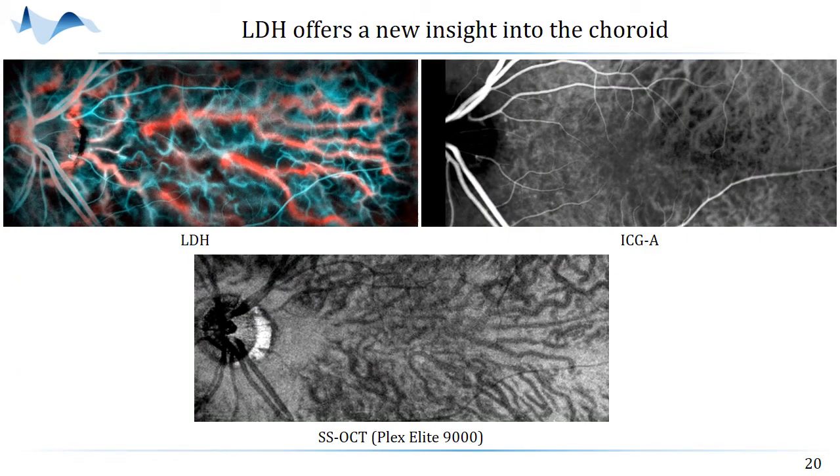And this allows laser Doppler holography to have a really nice contrast compared to ICG and swept source OCT in the central region. So with ICG here it's the venous timing, so of course you don't see the choroidal arteries, and with swept source OCT, well, you don't see the arteries with a very nice contrast. And what's interesting to notice is that in this central region we don't see veins with laser Doppler holography, and